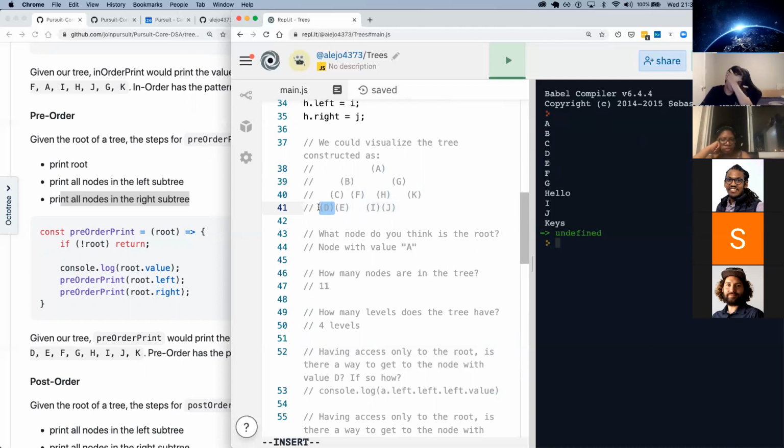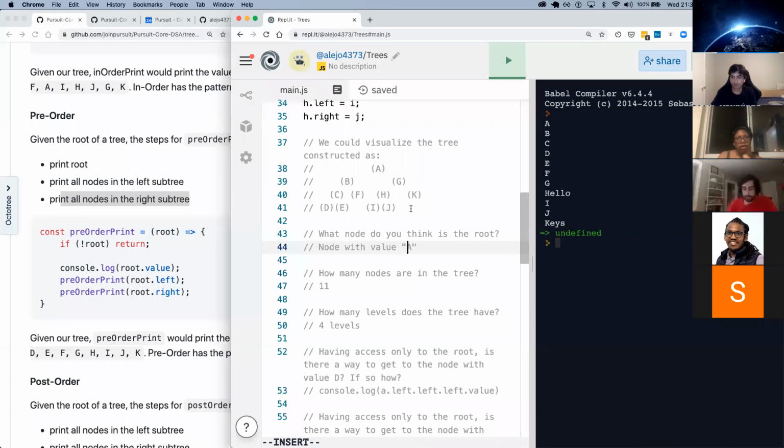The answer is the call stack, and I hope I can help you understand that. Okay, so let's go back here. Does it go back to C before it goes to E?